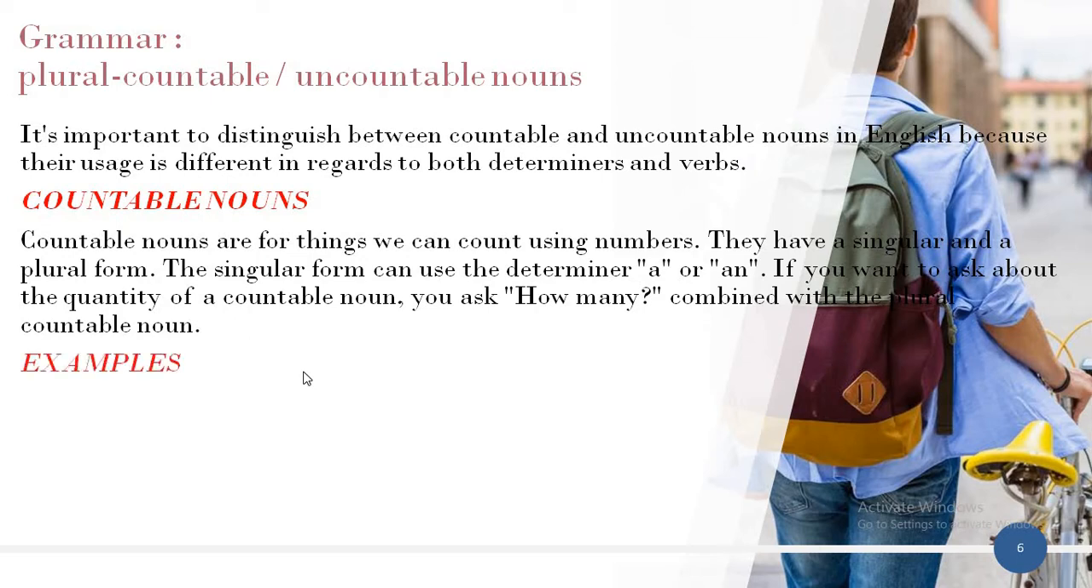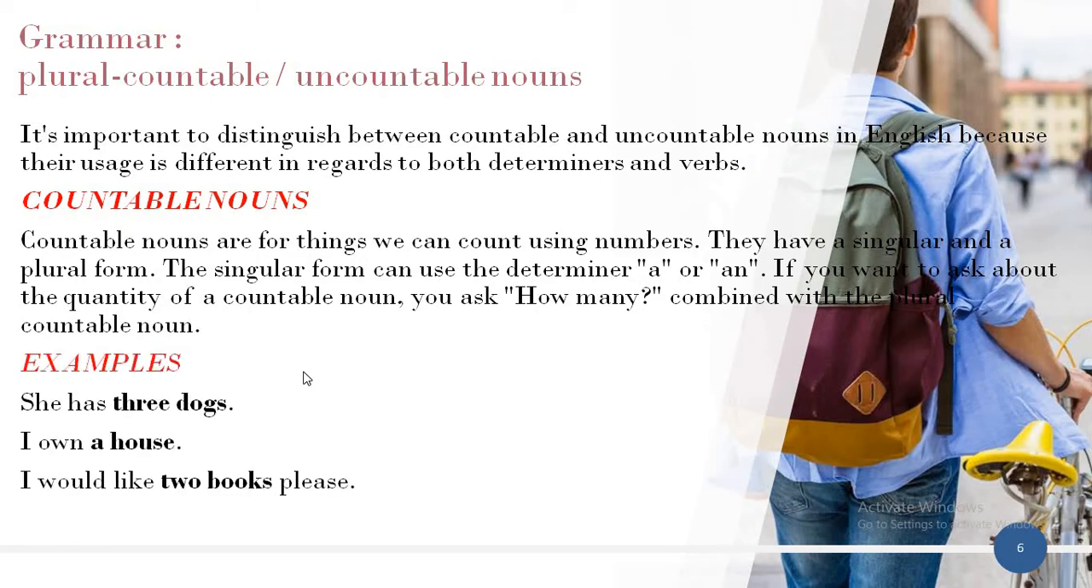So let's give examples. She has 3 dogs. I own a house. I would like 2 books, please. So the nouns dog, house, box are countable. Reread all this, please, for more understanding. And now let's move to